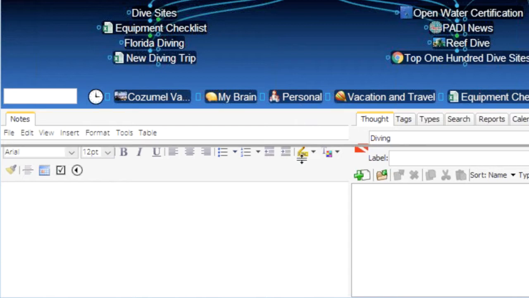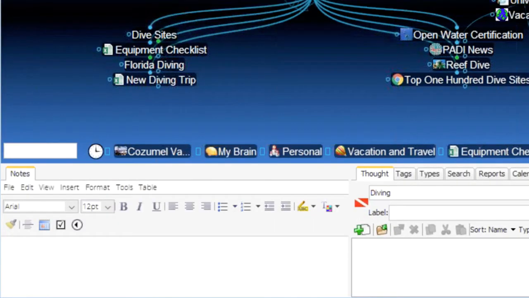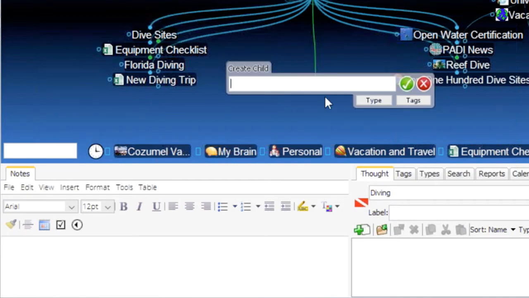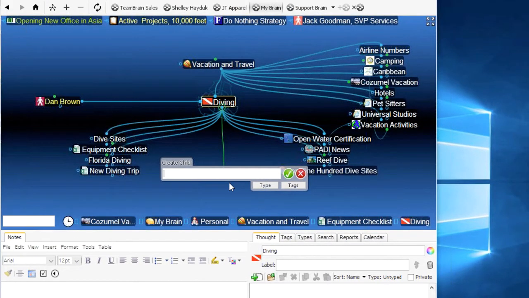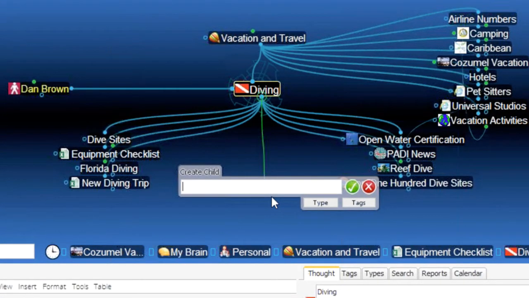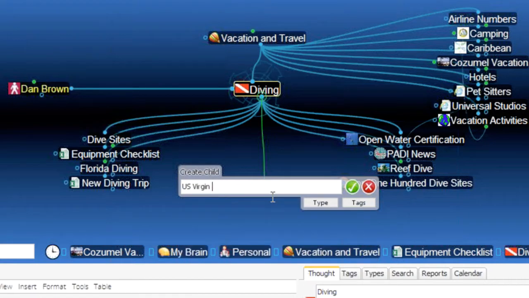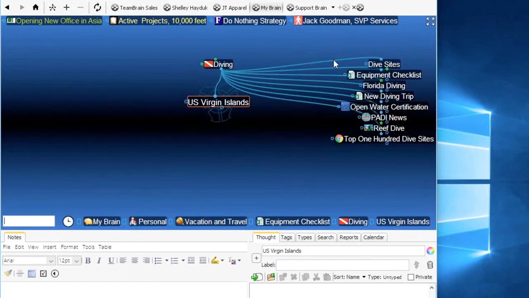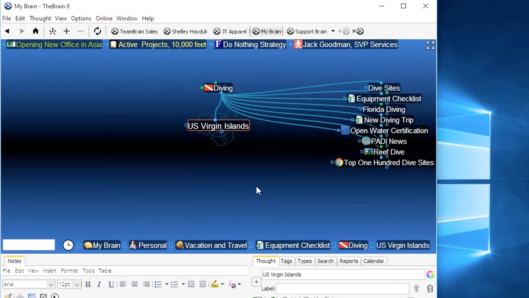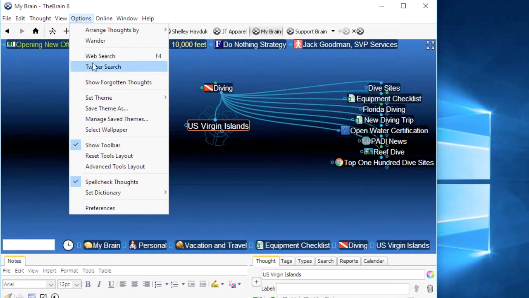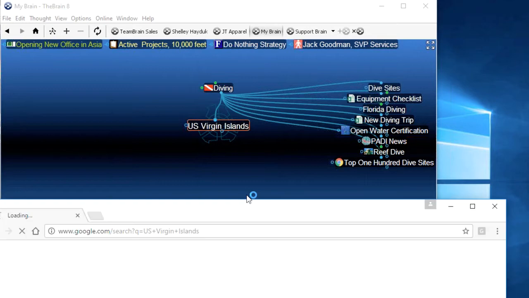And if I want to go ahead and plan a new trip, I can go and do that. So let me go ahead and say that I'm thinking about researching diving in, let's say, the U.S. Virgin Islands. So I'm going to create a thought in my brain on the U.S. Virgin Islands. And the nice thing about when you're planning an event, the brain has a built-in search web feature, so I can actually just go ahead and activate that thought. I can either search on Twitter, which is kind of interesting, or do my web search. In this case, I want to just do a web search to start building